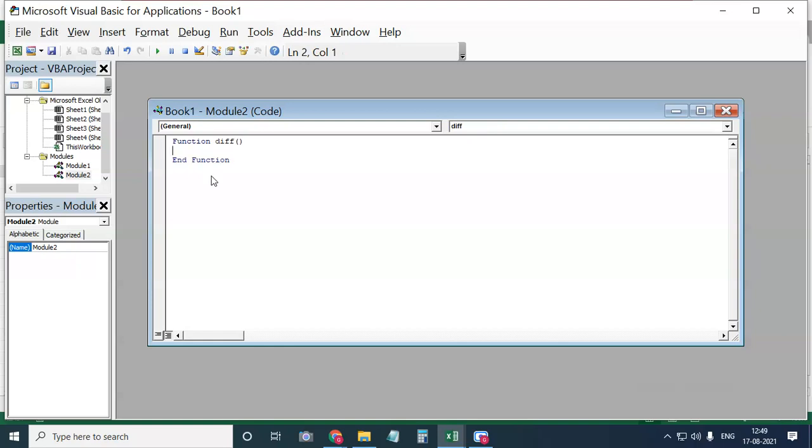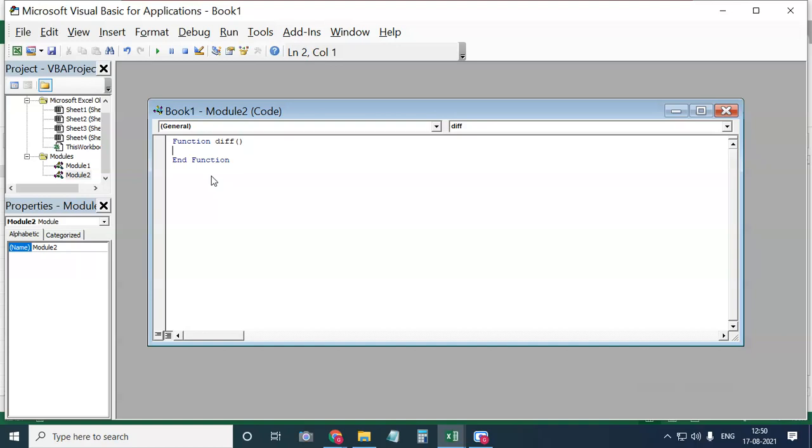Okay. So now this is my first line. Next in the syntax, what is the body of the function? What I want to find out here is the difference between two numbers, and my two numbers are 50 and 40. That is my program here. That is called the body of the function. What you want to perform, you have to write in the body part. So in the first line you start with Function, then write the function name, what you are going to perform. Next you write the body of your function.